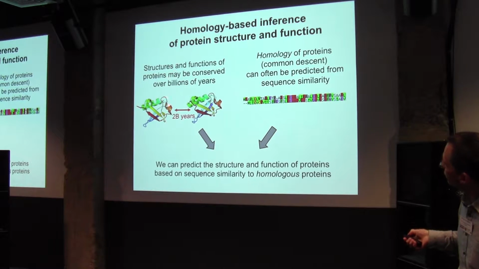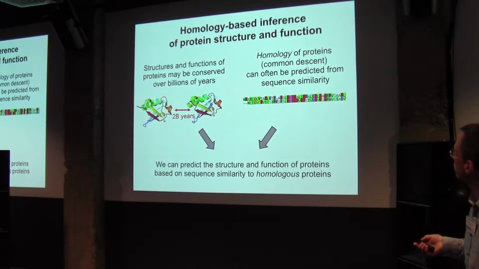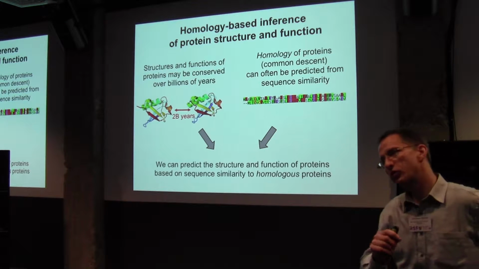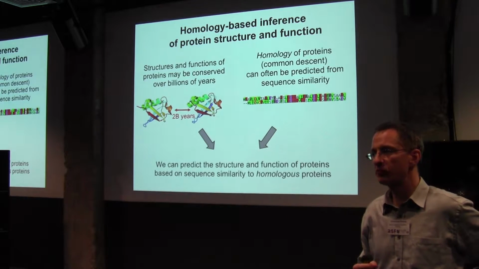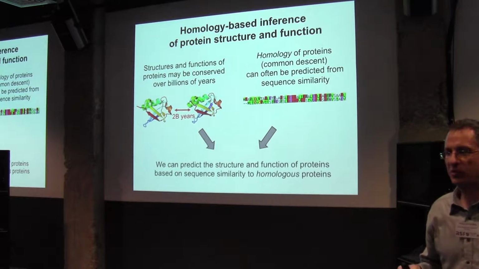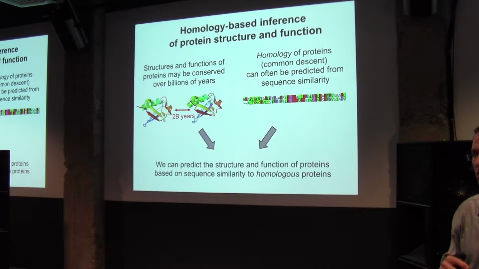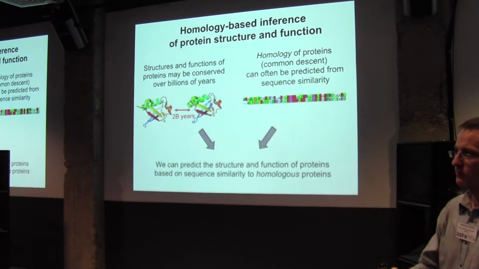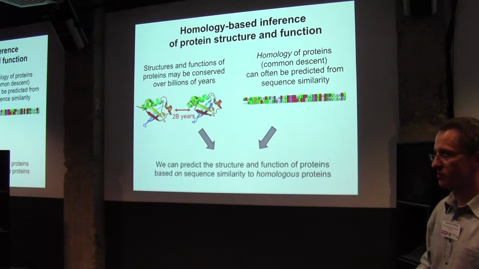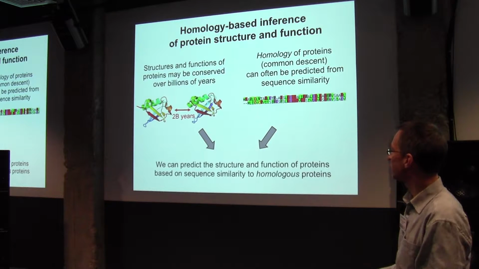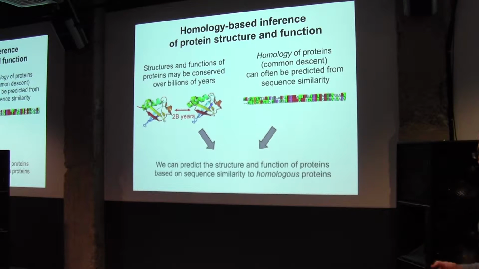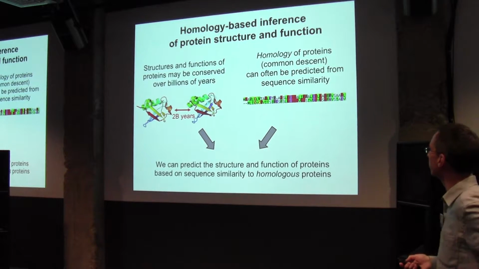So the first reason is this enormous conservation, and I will say a little bit about why the conservation is so good. And the second reason is that if we have two homologous sequences, we often can, you could say, almost prove that they are homologous. It's not a proof; it's a so-called hypothesis test. But when this hypothesis test gives us strong evidence, then we are almost never wrong. We have to be careful about the statistics, but this gives you very reliable predictions when you have homology. And whenever you have homology, and you still can detect it in the sequence, then you usually have a very similar fold, and often, not always, but often a similar function. Okay, so this is the power of homology and sequence searches.